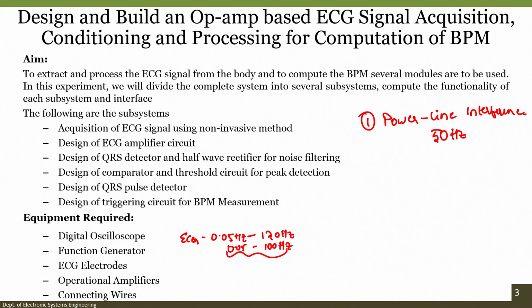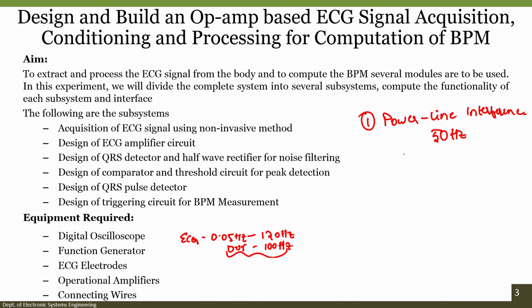When I compare that frequency range with the power line interference, the frequencies below 50 Hz and between 51 Hz and 100 Hz are required for us, right. But frequencies greater than 100 Hz, I do not require. So, if I want to remove the frequencies greater than 100 Hz, that means the odd multiples 150 and 300 Hz of the power line interference, I can simply pass the signal through a low pass filter, so that frequencies greater than 100 Hz cannot pass, and other than the 50 Hz power line interference, the other odd multiples can be completely filtered out. But if I want to filter the 50 Hz signal, if I remember, we can use a notch filter.